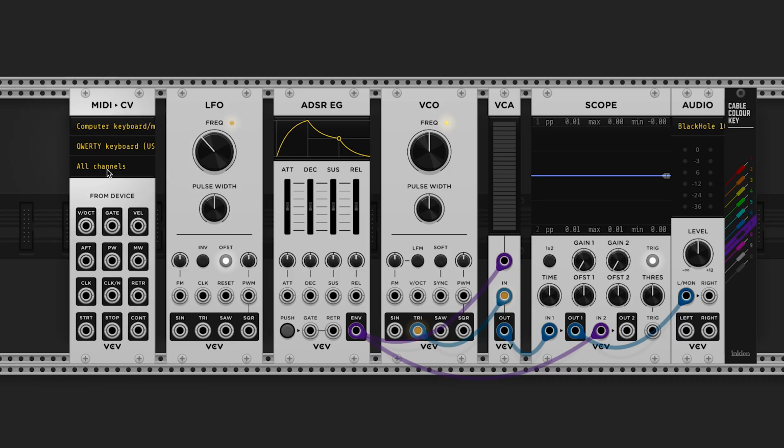To have the press of my key activate the envelope generator, I'm going to want to connect the gate output from the MIDI to CV device to the gate input on the envelope generator. As you can see, when I press a key on my keyboard, we get a high signal on the gate output, which, when connected to the gate input on the envelope generator, acts as if I'm pushing the button directly